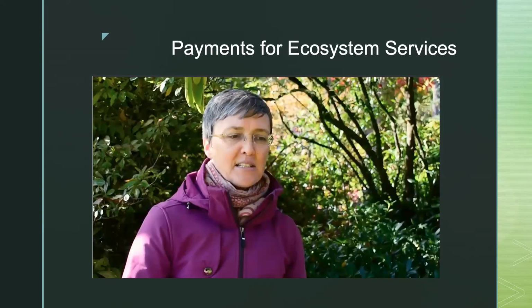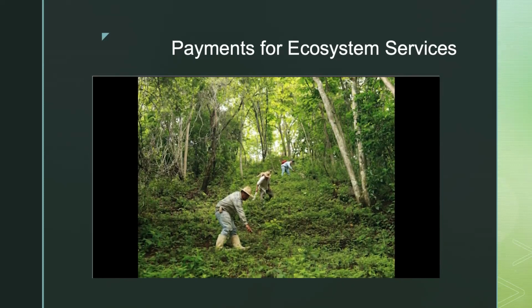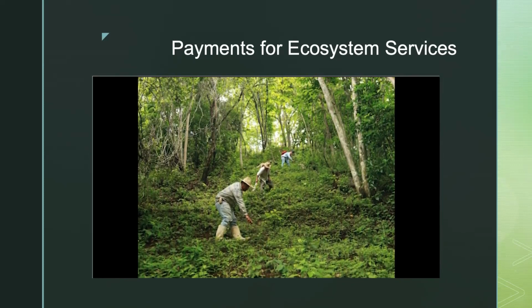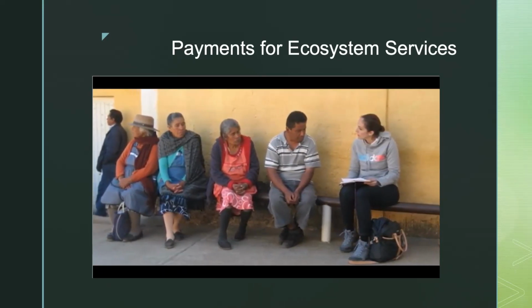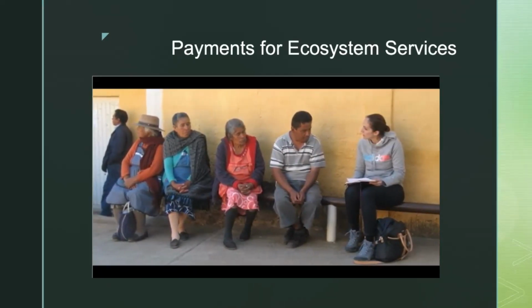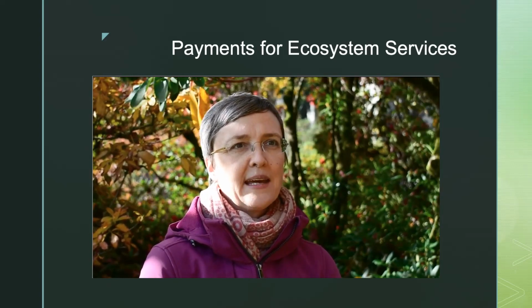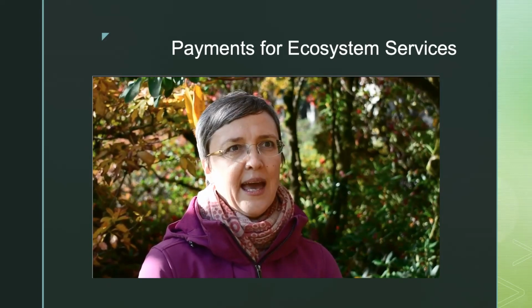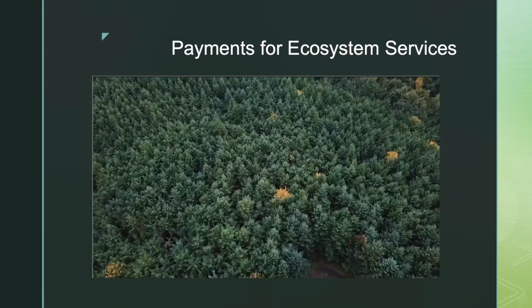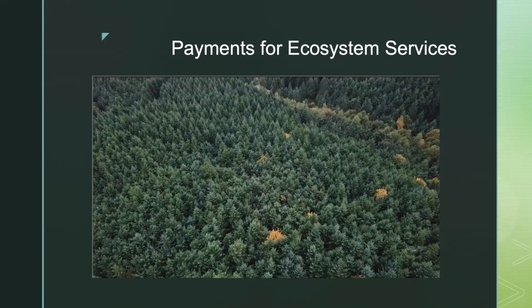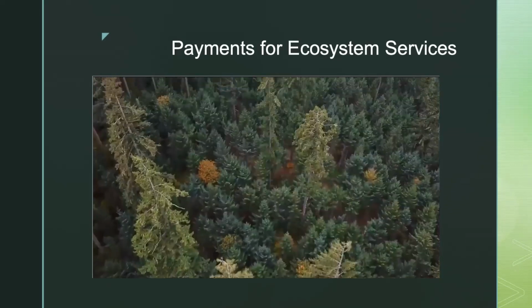And it's not just that they're being paid for the forest, they're also being paid for the services that that forest provides, like carbon sequestration, biodiversity conservation, natural beauty. We find that the Payments for Ecosystem Services program in Mexico reduces deforestation and supports people's livelihoods. And it's most effective where the forest is at highest threat. So if producers had the intention of actually cutting the forest down, then this program could have a big impact.